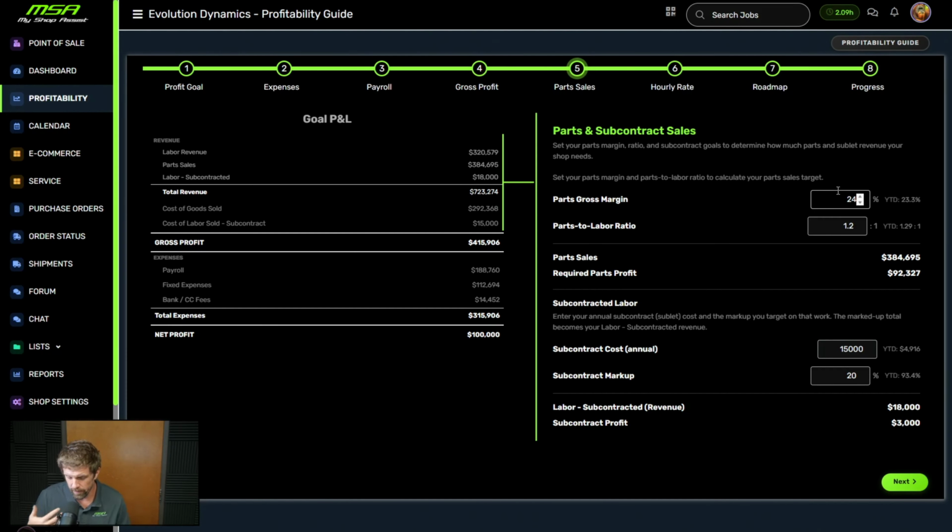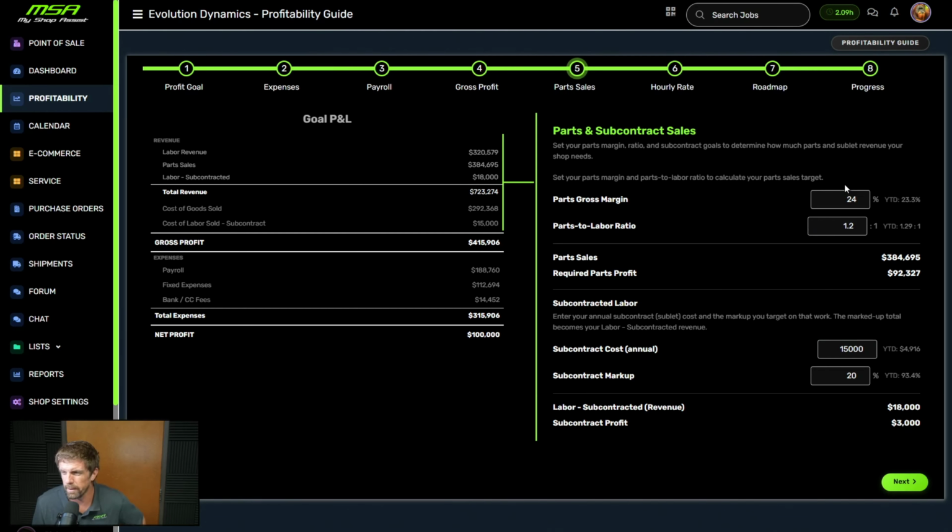And so that's something you need to be cognizant of. So we take care of this, right? So we know an average profit or parts gross margin we have. And for me, the year to date is 23%. Earlier in the year, it was only like 18 or 15 or somewhere in there. And I've made a goal to set it higher, and I've been using this tool, and we're up probably 10% already this year, which is good. And I think we could go higher, but it's hard to do that and still maintain part sales without